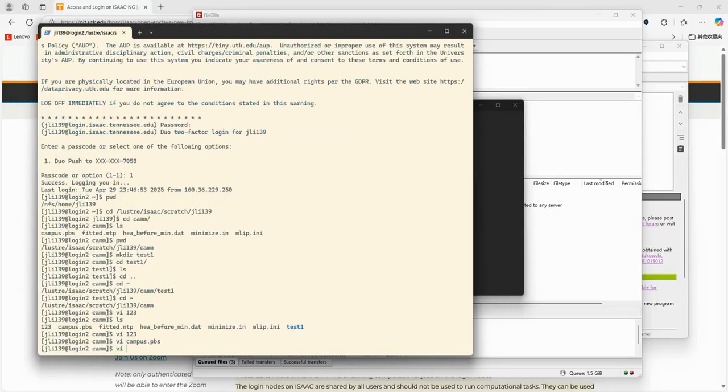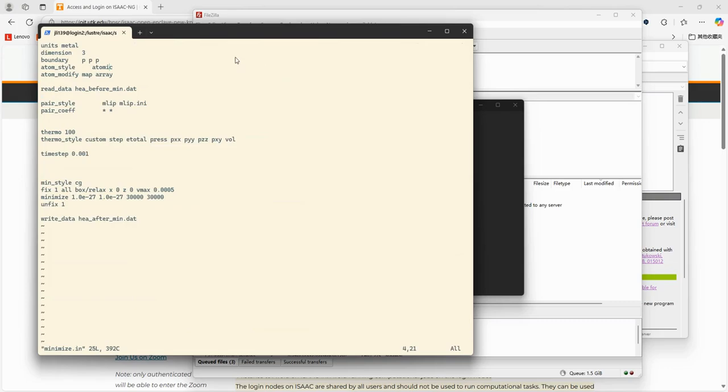So now we can look at the minimize.in. Here is a very simple minimize script for LAMMPS. First, units, you use metal, and then dimension, you have 3 dimensions, use 3. Boundary is periodic boundary, all 3 directions use periodic boundary. Atom style is atomic. To read the data, this is the data file name you need to define. So remember, basically all the